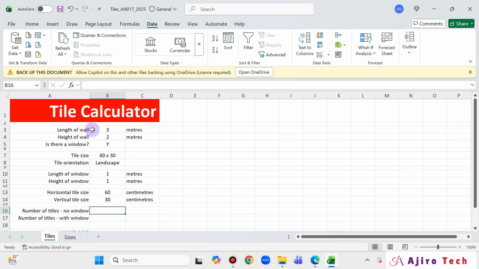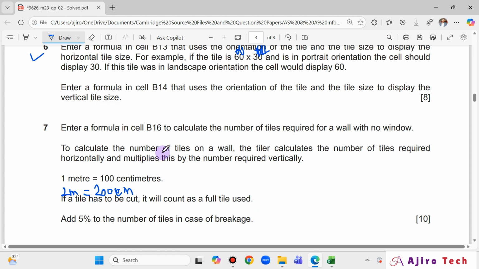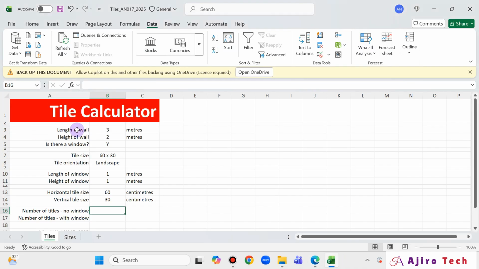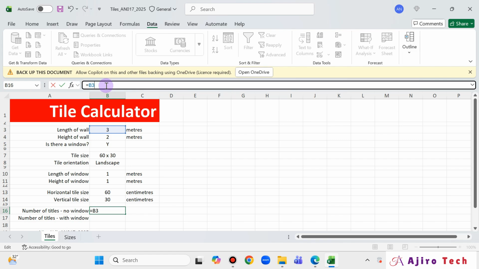So we have the length of wall and we have the horizontal tile size. Look at what they said. They said to calculate the tile on a wall, the tiler calculates the number of tiles required horizontally. So that includes the length of the wall and the tiles that you're going to use for the length of the wall. But now, if they are doing 3 meters, we are converting it to what? To centimeters. So this is going to be equals to this right here. For us to now convert it, this will be multiplied by